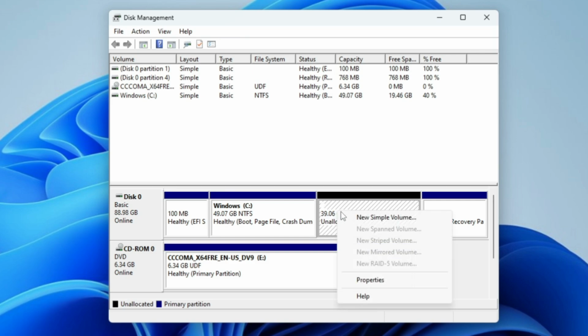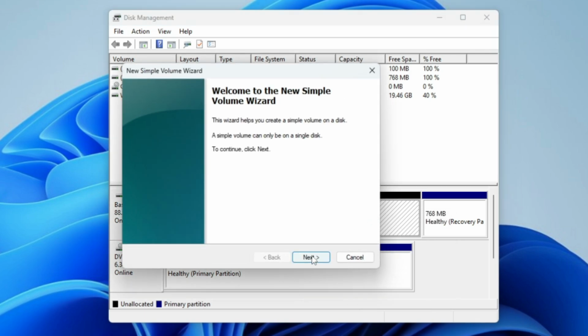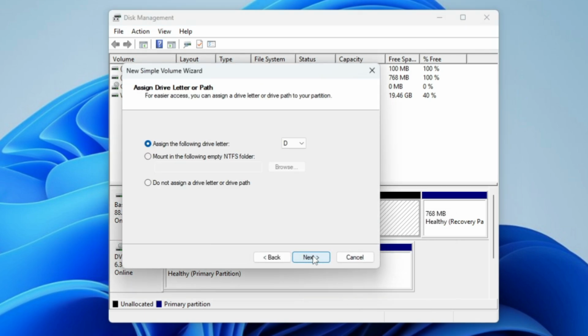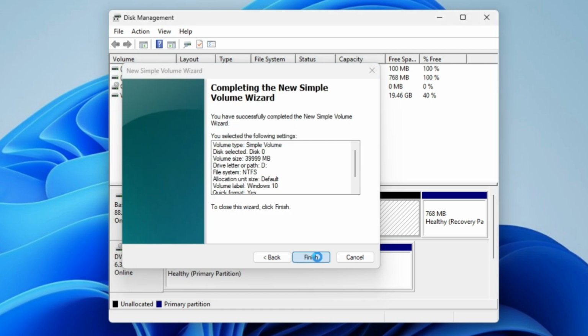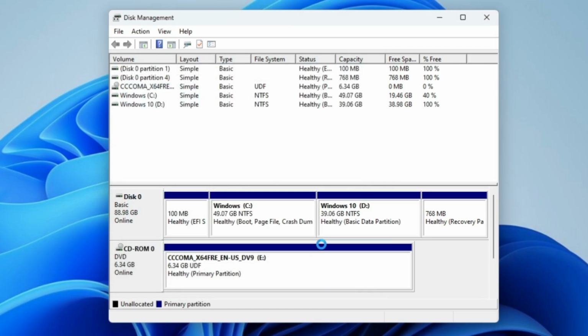Now you need to right click on it, click New Simple Volume, click on next, next, next. In the volume label here, just write down the name of the operating system that you want to install on this particular partition so that it should be easy to understand. Like I will be installing Windows 10, so I will type Windows 10, then click on next and finish. Bingo, and now you can see a new partition by the name Windows 10 has been created